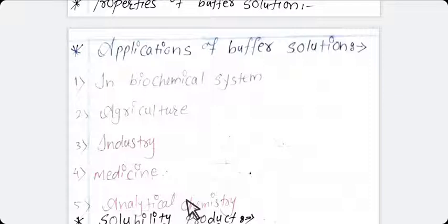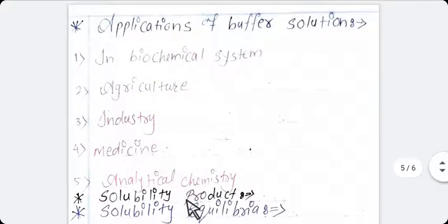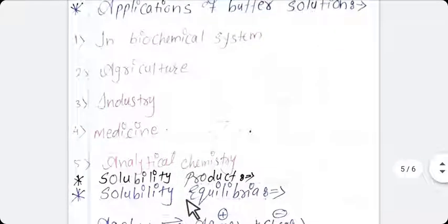Students, you know already what is qualitative analysis. Qualitative analysis you have done in your laboratory. Detection of group you have done in your laboratory. Qualitative analysis means detection of cation and anion in a given salt. And group detection, you all are familiar with what is the group detection. Now the next topic is solubility product. For understanding the solubility product, we have to study the solubility equilibria.